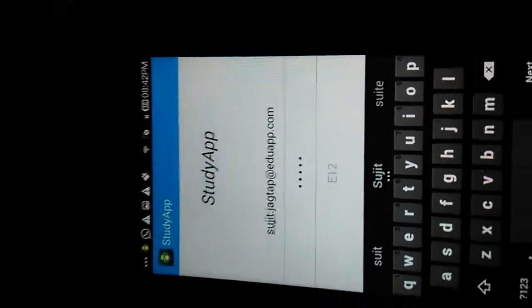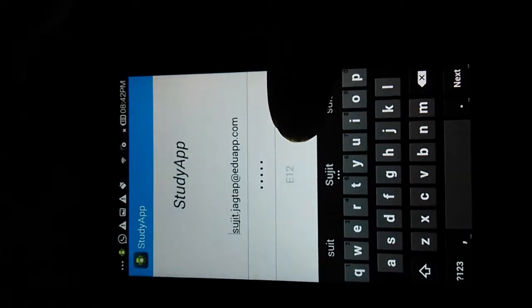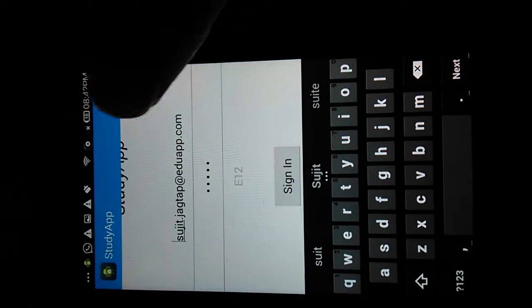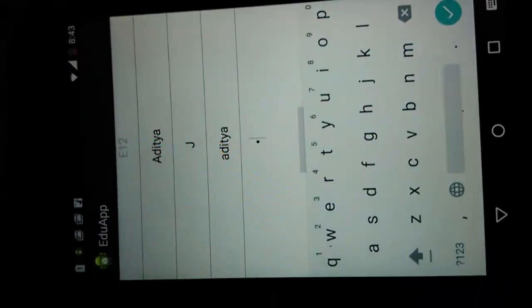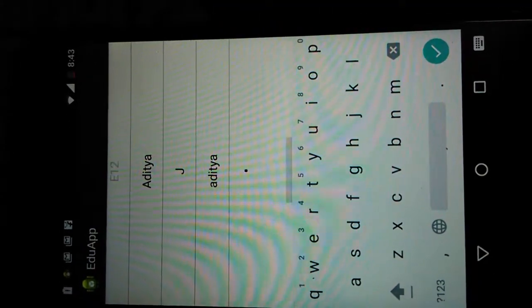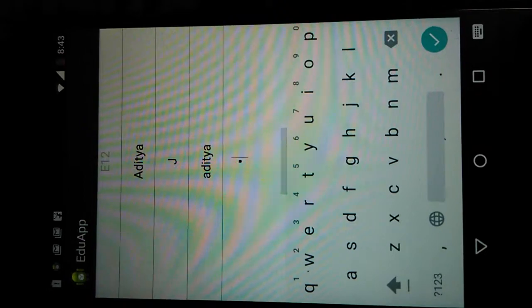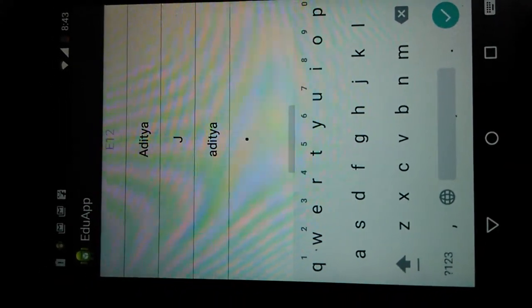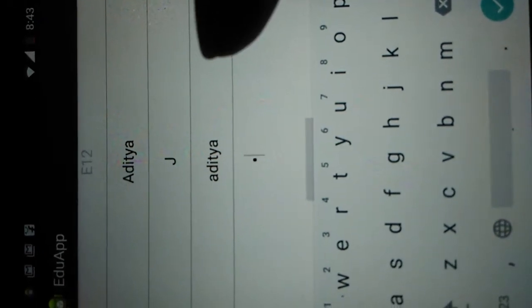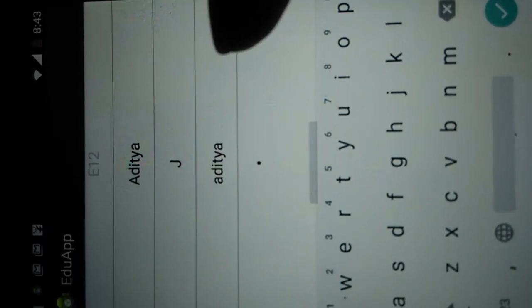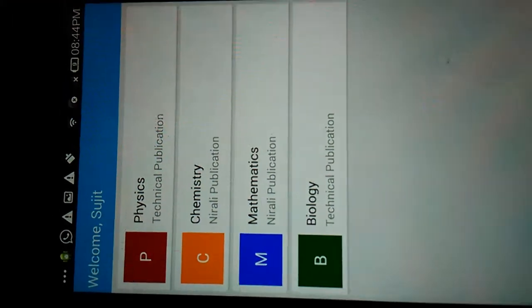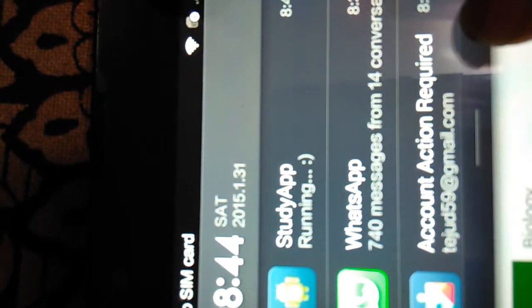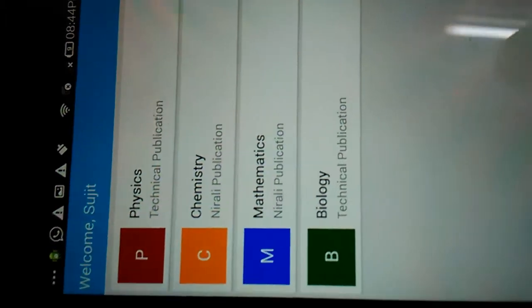In the Study app, you just have to sign in with the pre-filled values. When the app installs, you will land on the sign in screen. You have to hit sign up, then this screen will appear. You have to enter details like first name, last name, and email address. We have not done any validations for it, and the password field for the Study app. Now we have logged in successfully, so we check whether it is running. Yes, the Study app is running successfully, so we are in good condition.